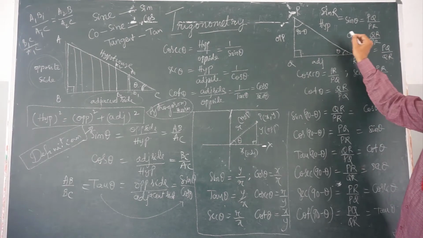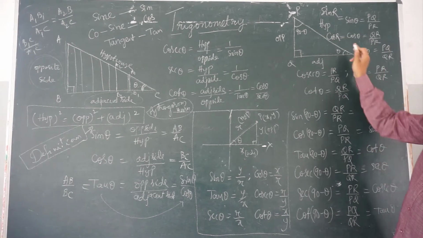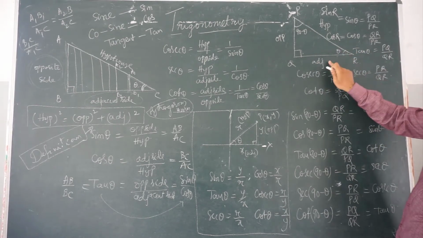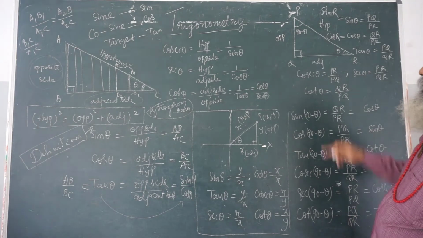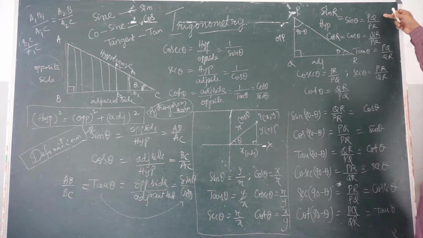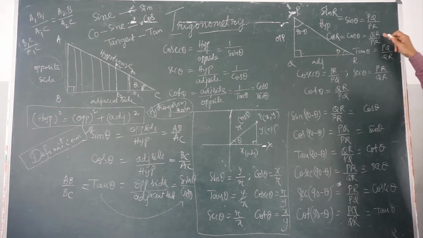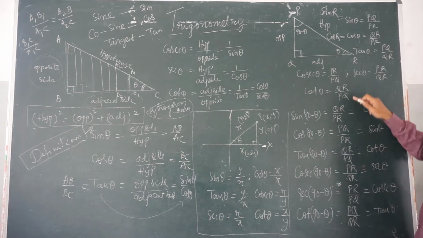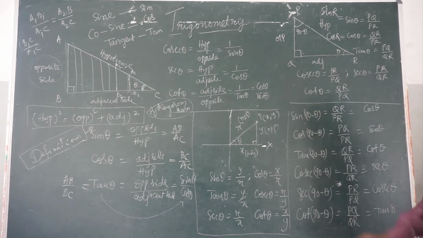Cos theta or otherwise cos R. R is the angle chosen. Cos R is equal to adjacent side by hypotenuse. What is the adjacent side? For theta, the adjacent side is QR, the hypotenuse is PR, QR by PR. Tan theta, opposite side by adjacent side, PQ by QR. Cosecant theta, reverse of sin theta, PR by PQ. Secant theta, reciprocal of cos theta, so PR by QR. Cot theta, reciprocal of tan theta, QR by PQ, or adjacent side by opposite side. For theta we have defined. Now you see the magic.